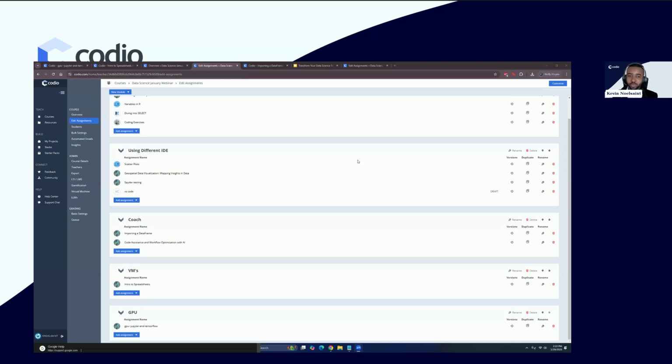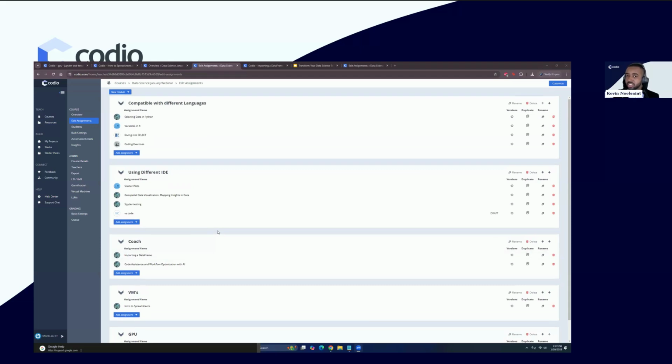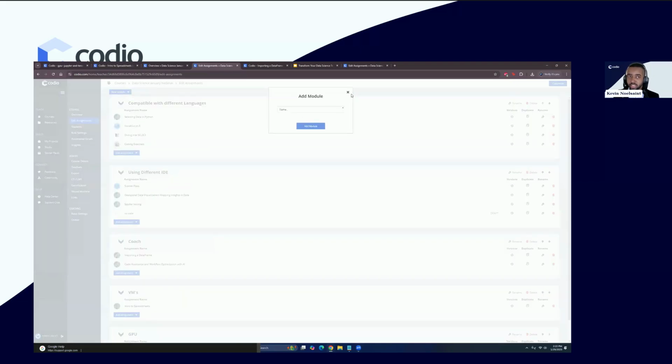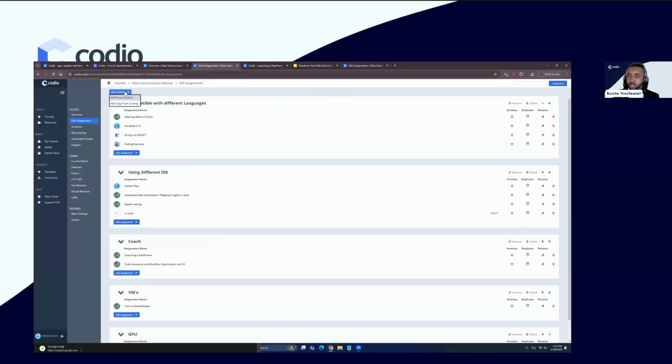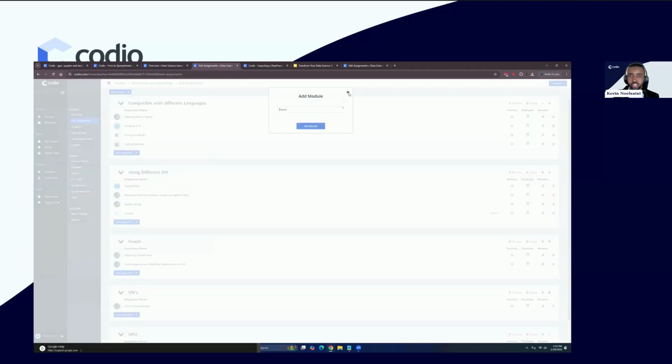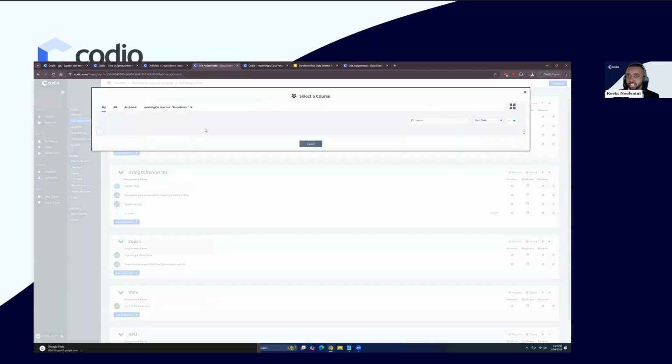Are there data sets built in to Codio, or do we have to upload them? There are no data sets built in Codio. However, if you're using, for example, our courses, if we go to add modules, covered from existing,